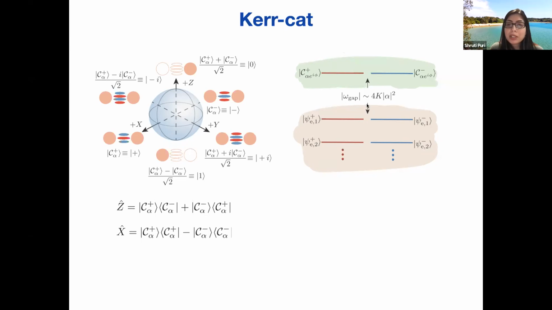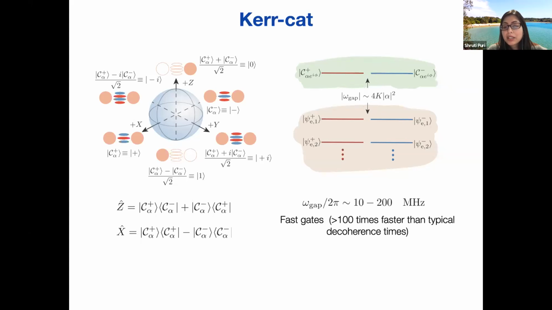So I'm going to go a little bit fast because I want to show some results. So this energy gap is what lets you actually define a qubit, because now you can apply a drive and selectively cause transitions in the cat bases. So in our superconducting circuits, this energy gap can be very large. It's about 100 to 1,000 times faster than the typical decoherence times, which means that you can get really high